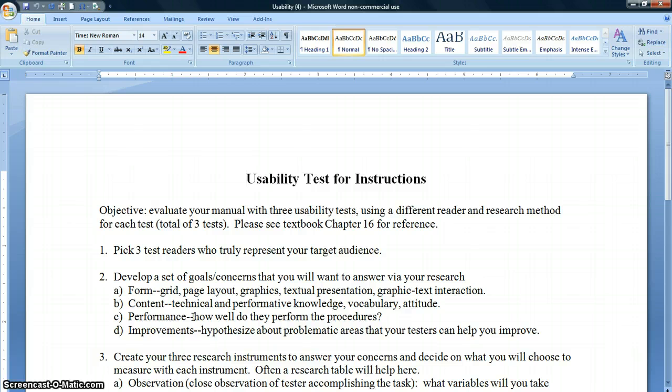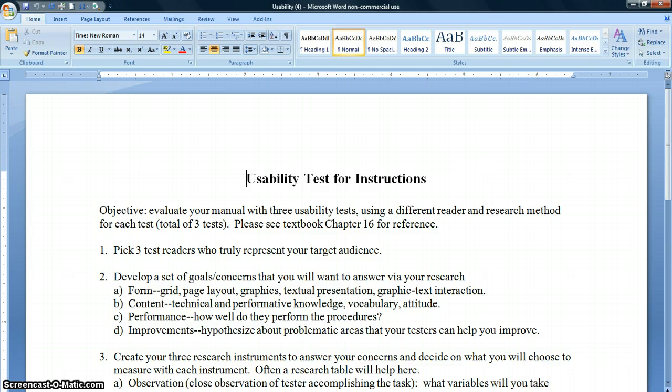All of you made assumptions about what they can do and what they cannot do and how you can get them to perform as you want. And then finally, improvements. Many of you are going to be worried about different parts of the manual. And so the second step is to develop a set of goals and concerns that you will want to answer